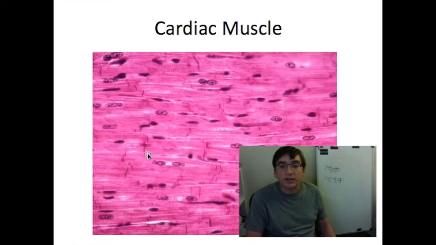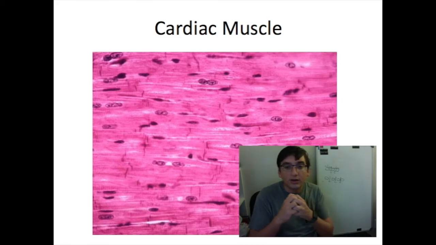Those aren't striations. But if you look carefully, you can see that the cells are branching, that they're attaching to each other, they're breaking apart and attaching together. That helps them all attach to each other so that they're all electrically connected, so they all beat at the same time. Because that's what you want your heart to do. You want the whole heart to contract all at once. That skeletal muscle, you don't want it to do that. You want each fiber to activate or deactivate on its own